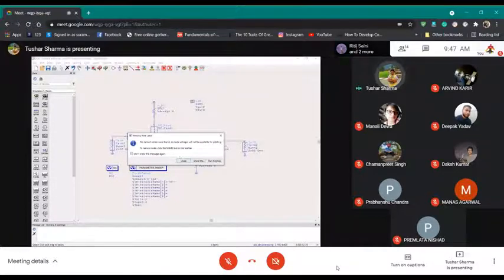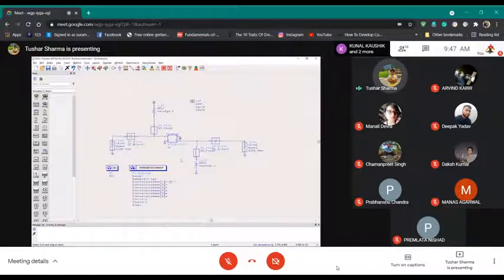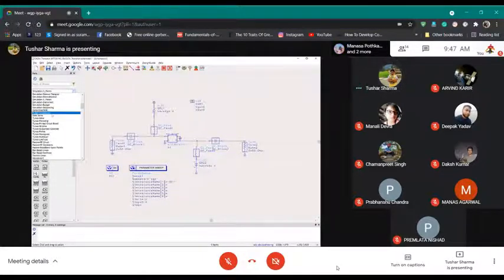Yeah, that's a good point. Before we do that, you also have to make sure you know what you are plotting. You want to plot current, right? I told you we will need to probe current. So technically we want to measure the current here at the drain. So we will go to probe components.